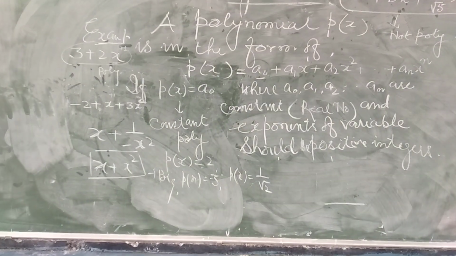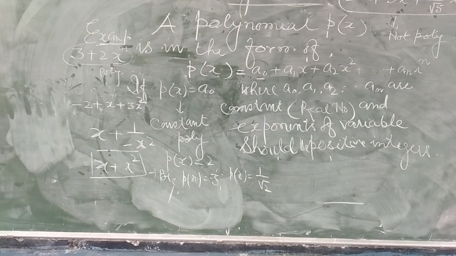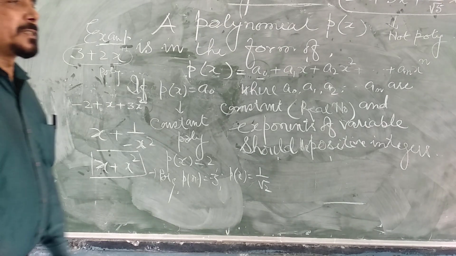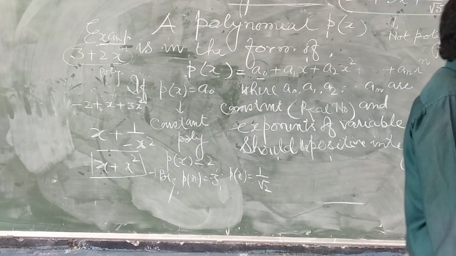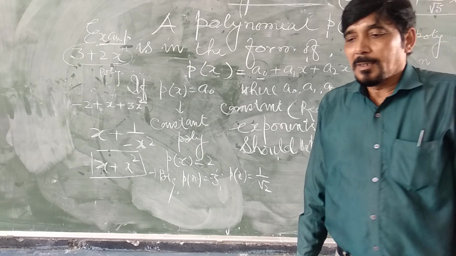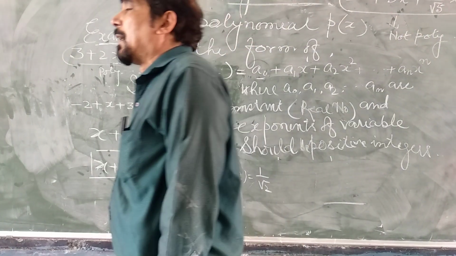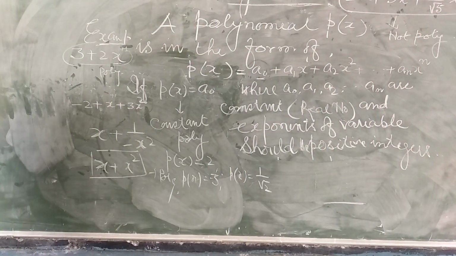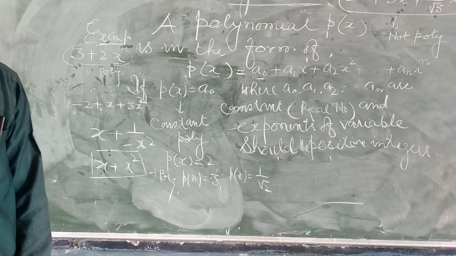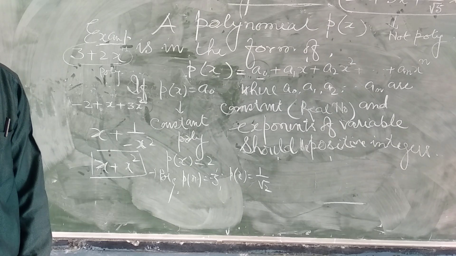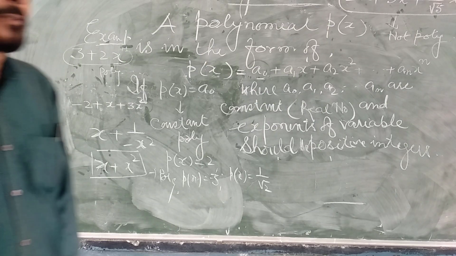Now, a question may be asked. Some expressions are given. Check whether the given expressions are polynomial or not. First, you rearrange all terms in which variables are coming. All variables should be in the numerators, by bringing them from the denominator to the numerator with application of laws of exponents.